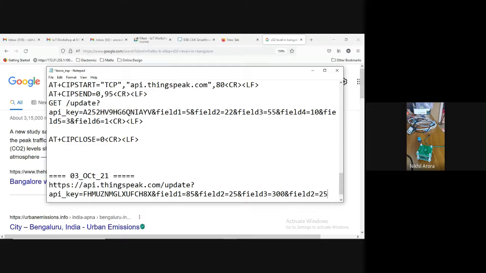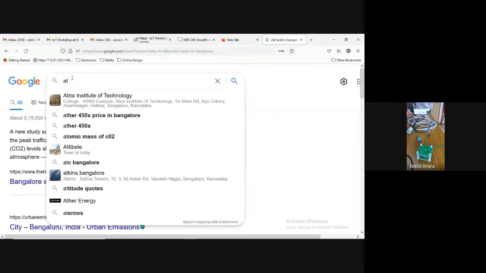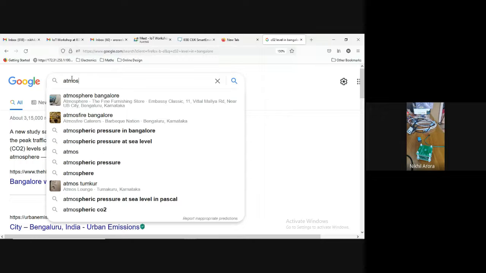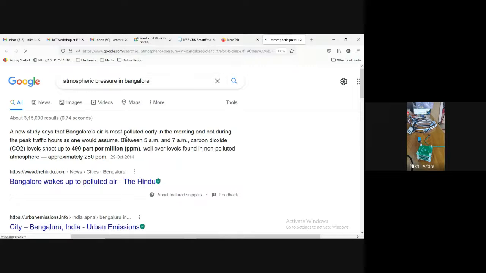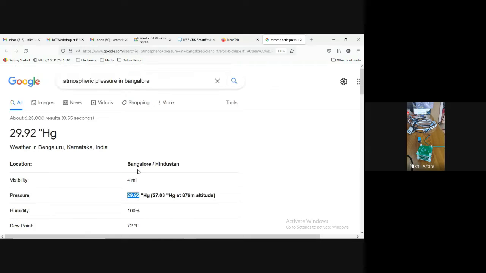And then last is your field 4, which is pressure. So atmospheric pressure in Bangalore. Bangalore is at a very high altitude. So it is around 229 Hg level.